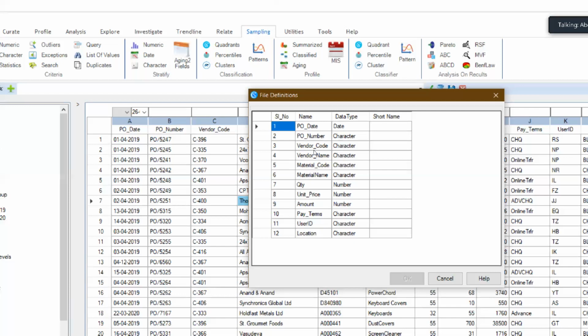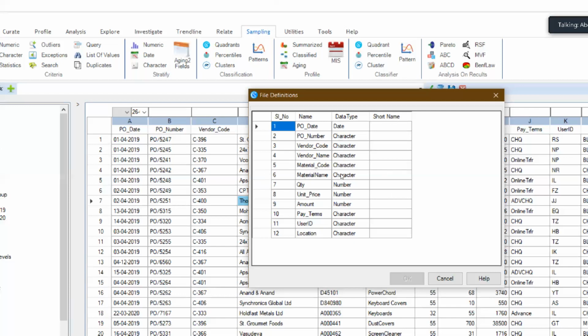I can also do a percentage analysis, which means I can do a percentile, where for every 10% I can get the grouping. I can also do a variance analysis, which means I should be able to perform what is called a relative size factor. As per each material code, what is the highest price and what is the ratio of it to the second highest unit price, and find out the variance, in what percentage it varies. I can also perform what is called a maximum variance factor.